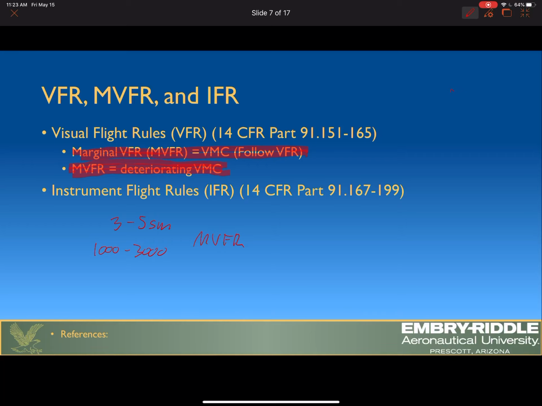So now we are inching closer to IFR conditions. As a private pilot, that's where you are left with a critical decision. Is it safe to fly? You have to pay close attention to what the weather is doing if you're going to fly that day. As an instrument pilot, it's not as big of a deal because we are training to get that license that allows us to fly into IMC,